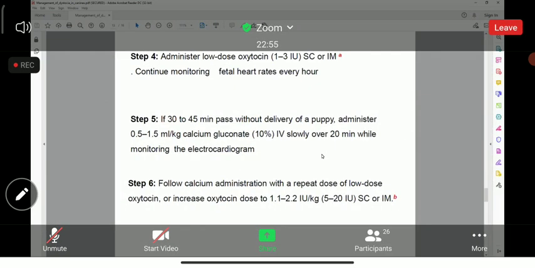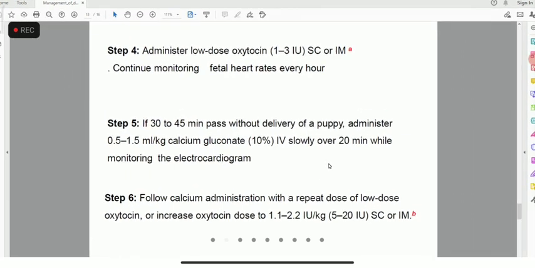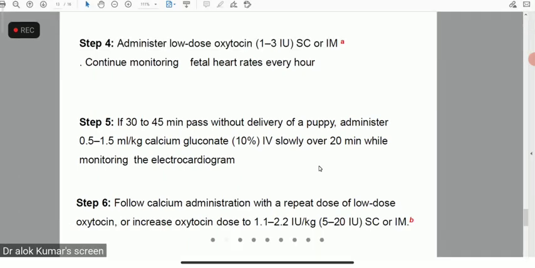And then suppose they say that they have not observed any fetus coming out, or there is no such discharge, now you have to put your finger inside the vaginal canal and make yourself confirm that yes, the cervix is open. Until and unless the cervix is open, you cannot go for oxytocin. Okay, because it will stimulate the uterine contraction. At one end the uterine contraction is started, propelling outside, and then the cervix is closed.